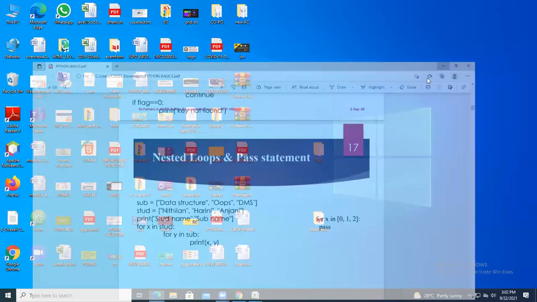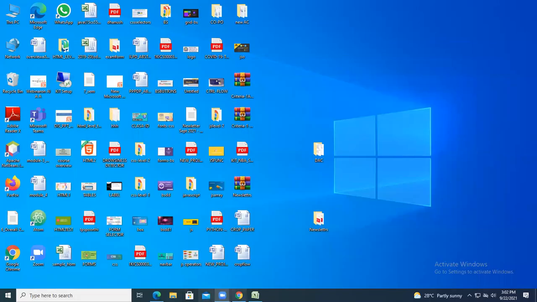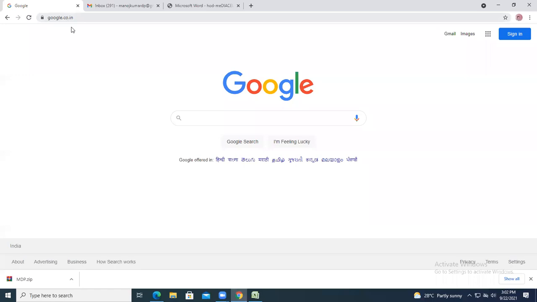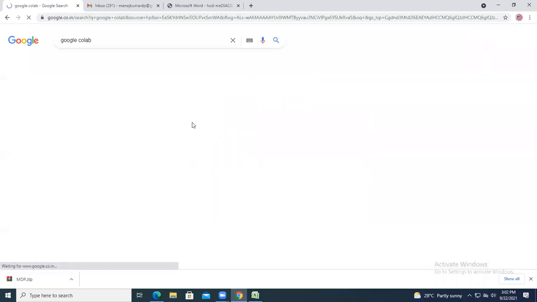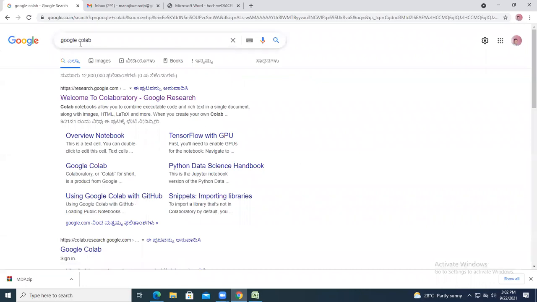For that, connect your lab to the internet. Go to google.com and type Google Colab. Go to Welcome to Colaboratory and click on that.